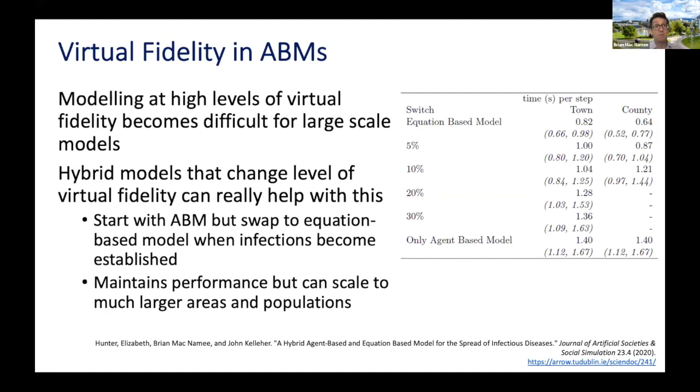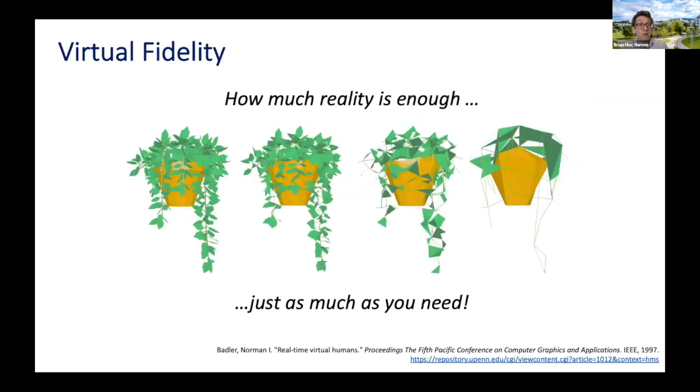And I think that's a nice example of taking exactly the same idea that we had in that game AI agent of moving up and down in terms of virtual fidelity and applying it to these infectious disease agent-based models. So there are my 3 examples, hopefully to show within multiple disparate domains, the idea of virtual fidelity and how much we need, well, just as much as is required for that particular action.